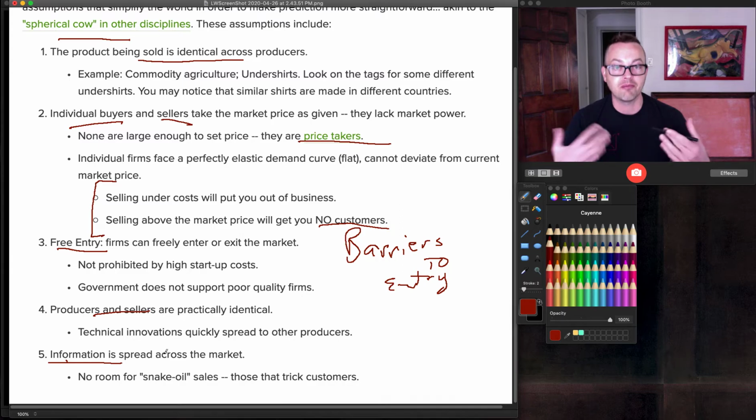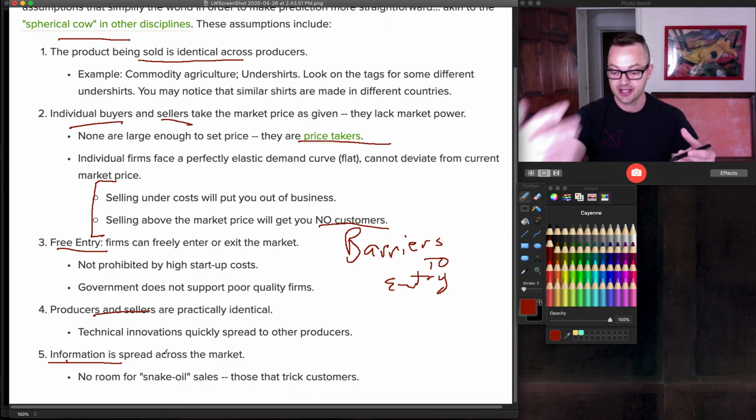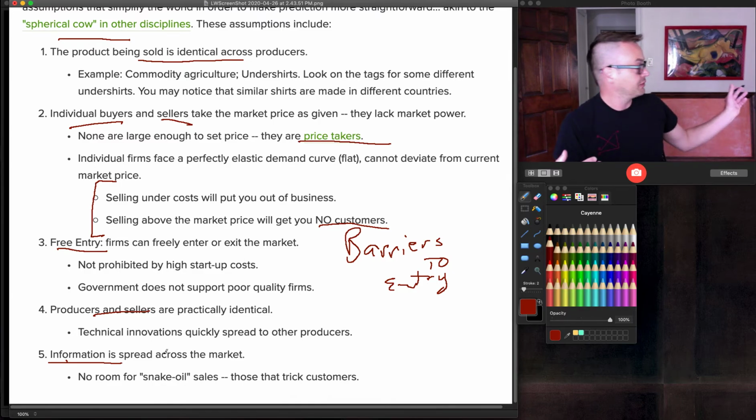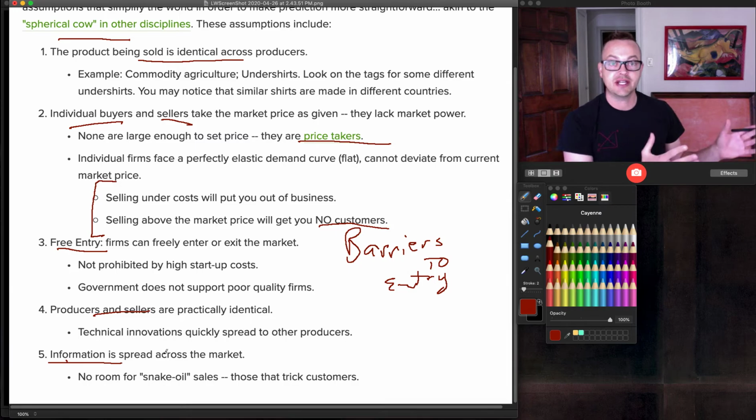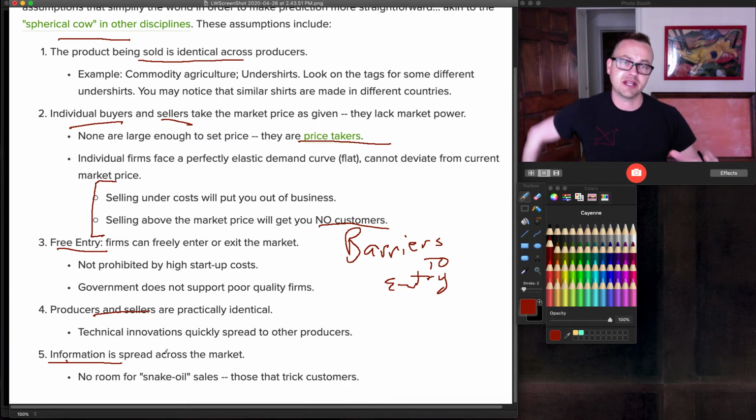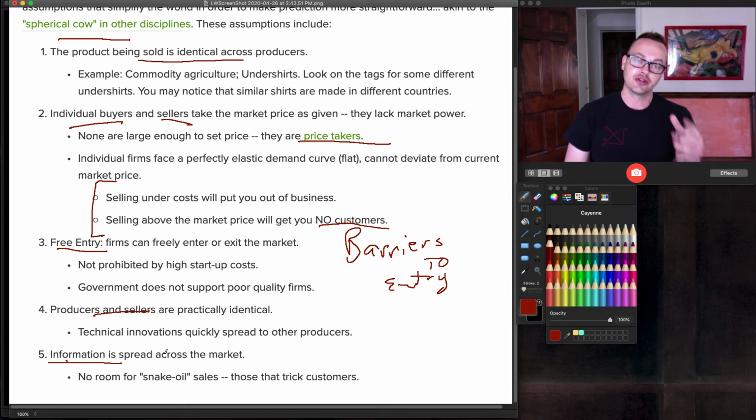For buyers, information being spread across the market goes back to my example earlier. If I can see that this one has a very high price, $10 a pound, me being able to look across the street, or maybe I hear from someone, hey, there's a good deal over there for apples. That's information that I'm getting. So we assume in a competitive market that that information is being spread. There's no barriers to entry. There's no barriers to information. And so